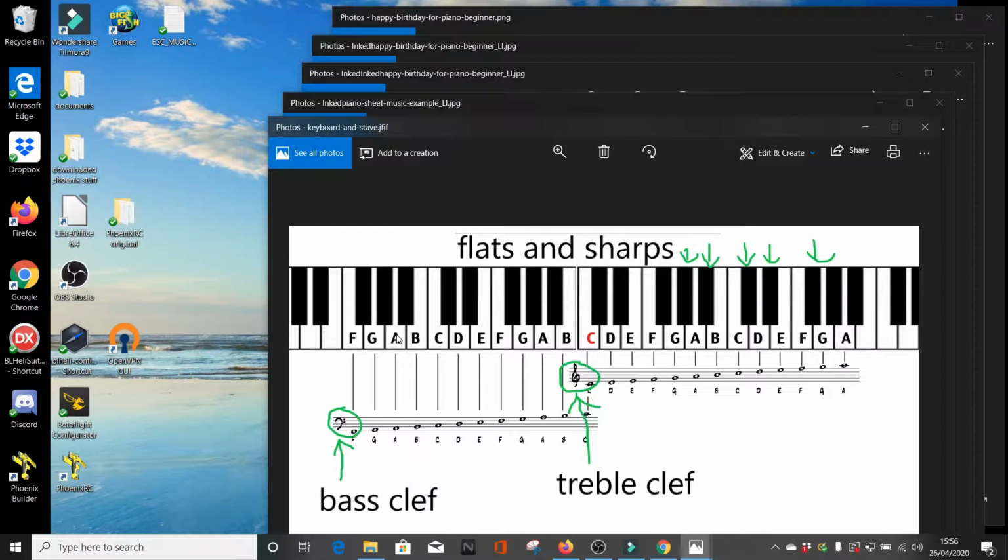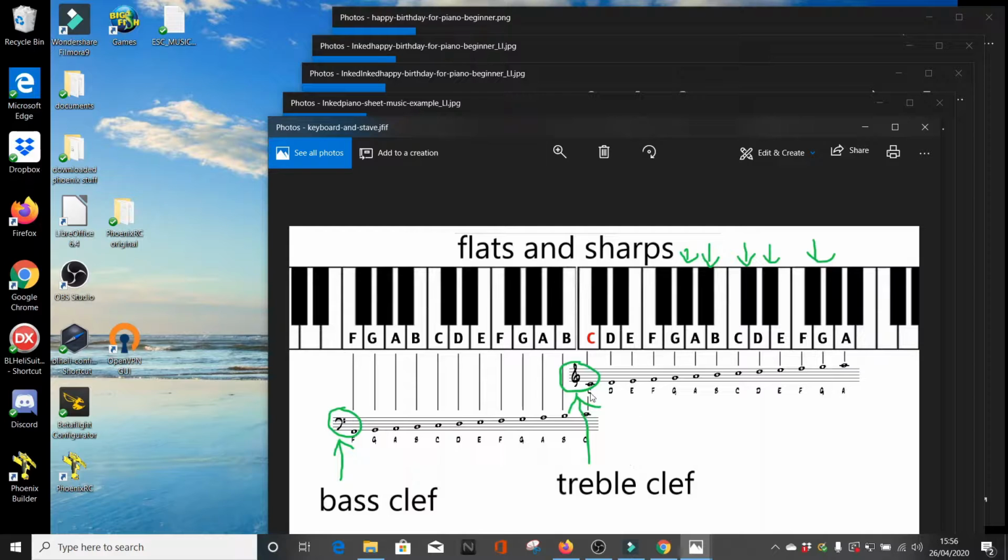So if you look at a piece of music and it's got a key signature which has got flats in it, you're going to have to write that down. Then you're going to have to work out what the equivalent of that flat is as a sharp instead, because that's what you're going to have to type into the music editor. So you've got two different